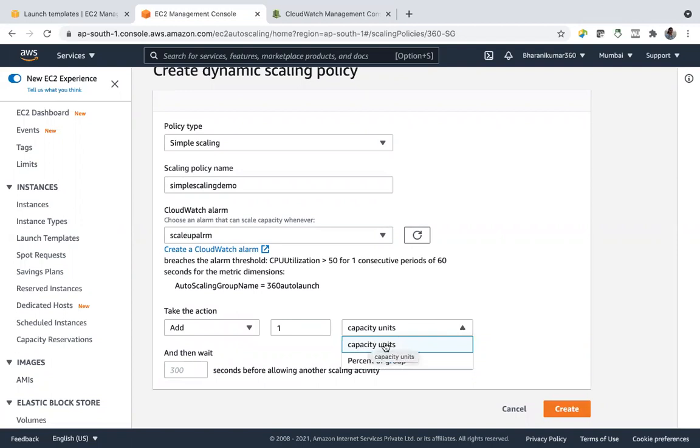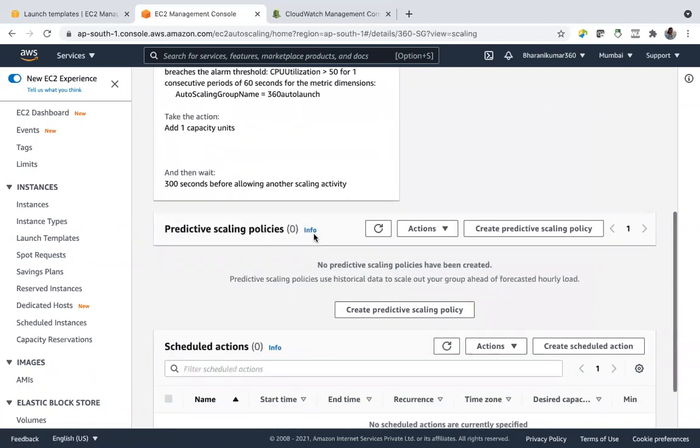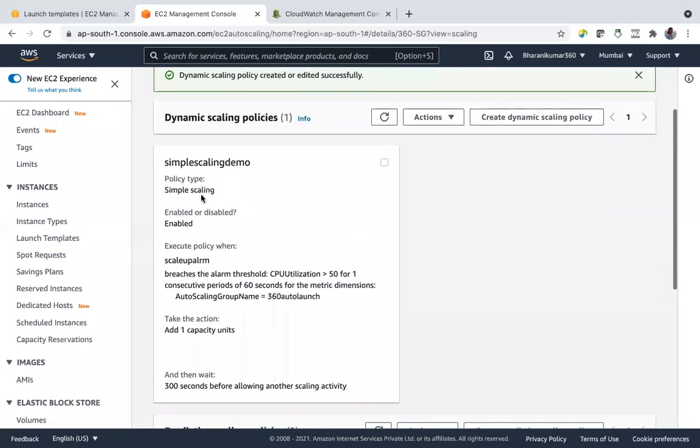So let's say capacity units only. Create. This is simple scaling policy. And I'll go to instances.